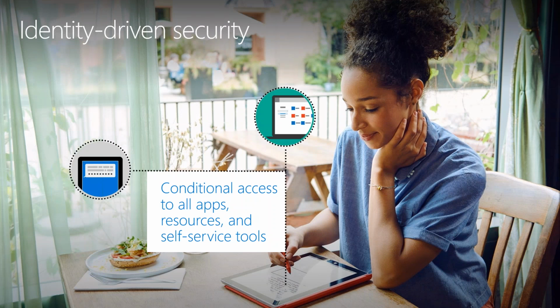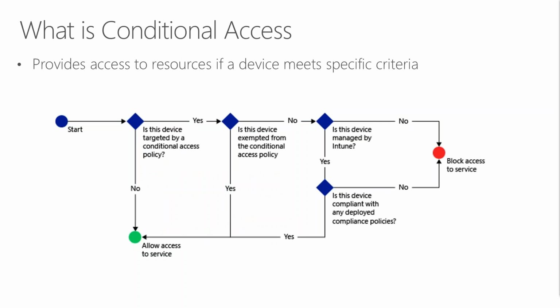So next, I'd like to cover conditional access. You can set policies for conditional access to applications, resources, and other self-service tools. And what do I mean by conditional access? Let's use email as an example. Email is probably the primary tool that users would like to use on their personal devices. And you can provide that access, and you can set certain criteria for access to these resources. So if we look at this flow chart,